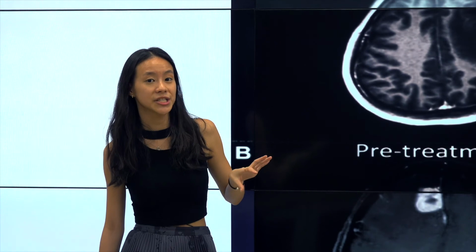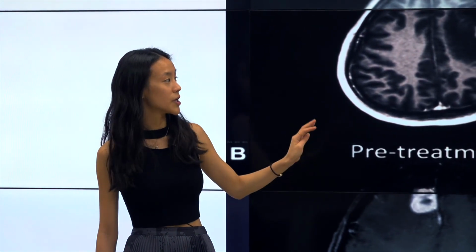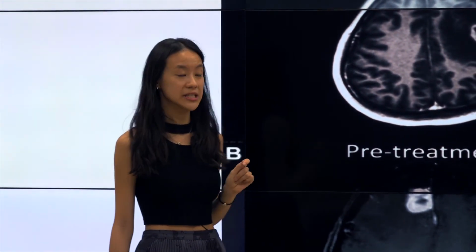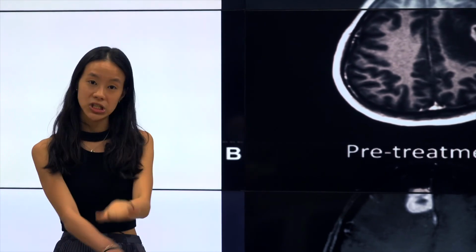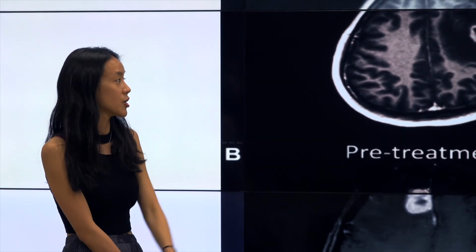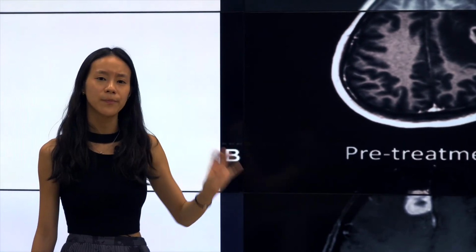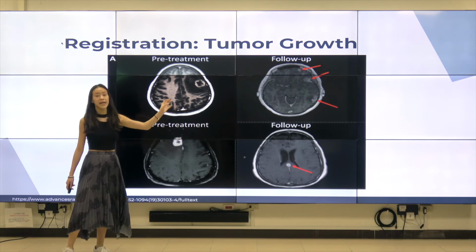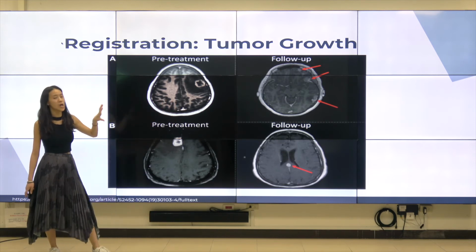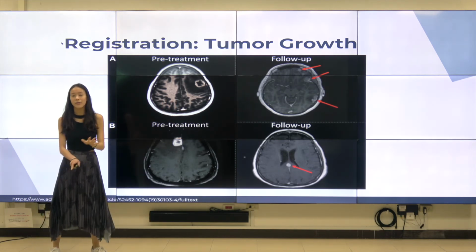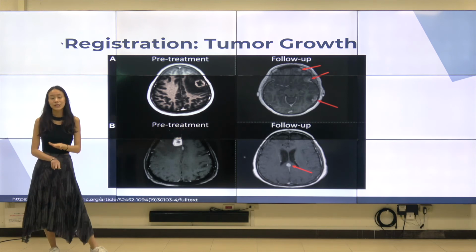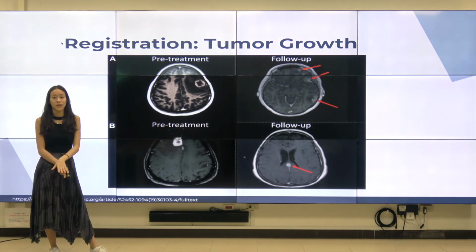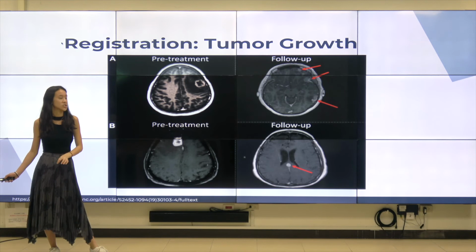And registration can actually come into play here, where you could combine these two images and overlap them, register them so that they're on top of each other for you to analyze how big this tumor has grown since pre-treatment, or what new tumors actually exist since pre-treatment. And it's a lot easier to analyze the image when you have these two images overlapping one another to identify these different locations.